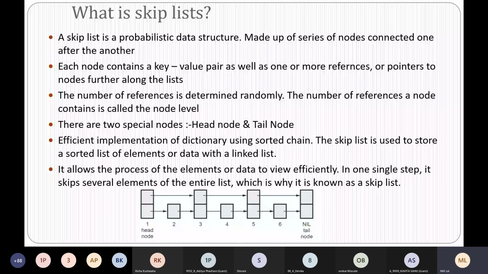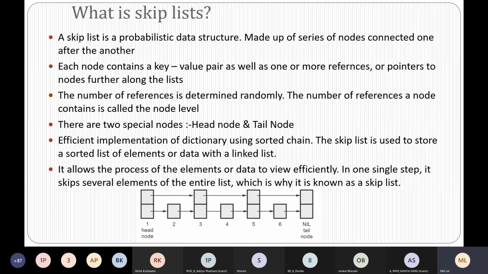For example, you can see node 1 is referencing node 2 as well as node 3 in level 1. So a node can have one or more references or pointers to other nodes further along the list, and the number of references is determined randomly, as I showed you in the example.